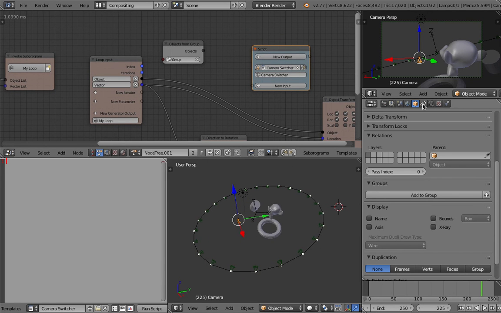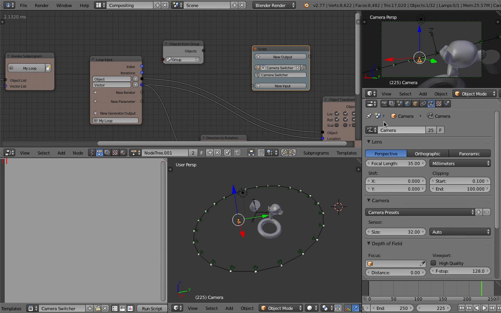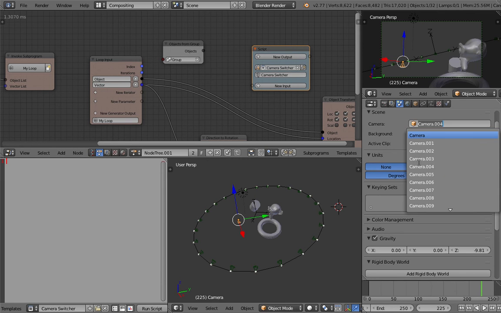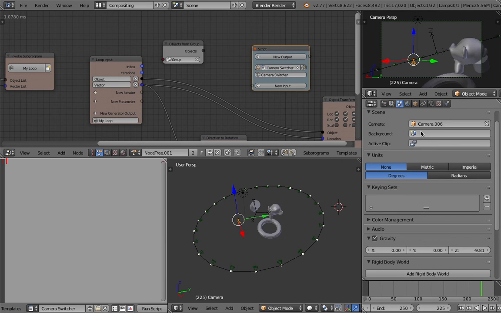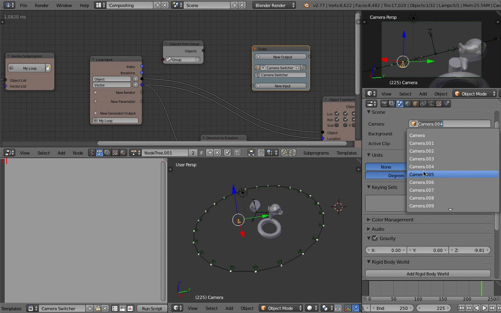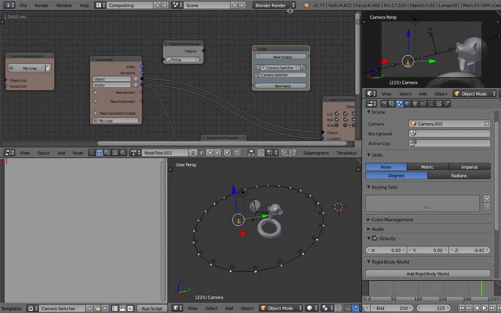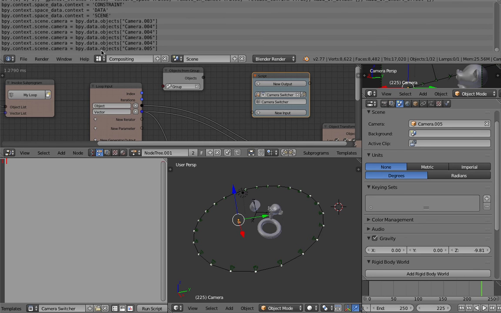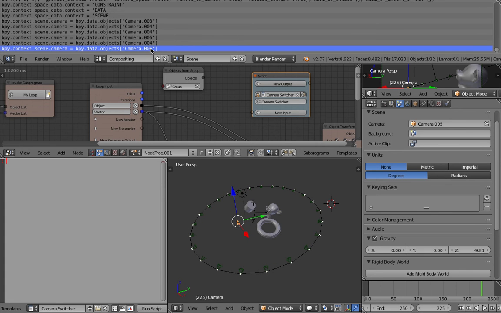So we're gonna use a little bit of Python. I'm switching the camera, right? And then we can tell which Python code does that. That's actually what's controlling the active camera in the scene. So I can just copy this script, and with our camera switcher script ready,